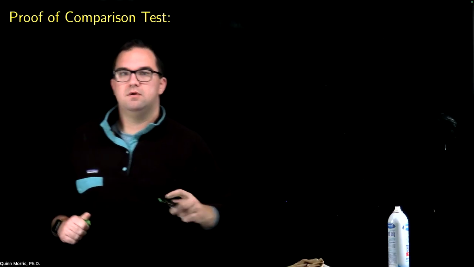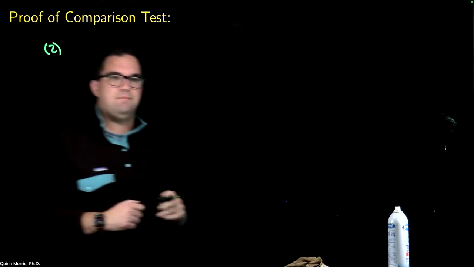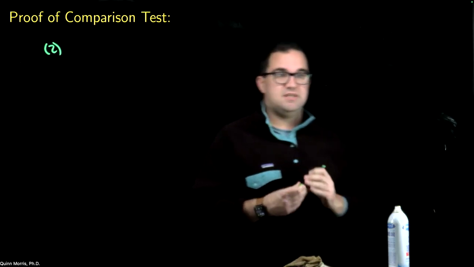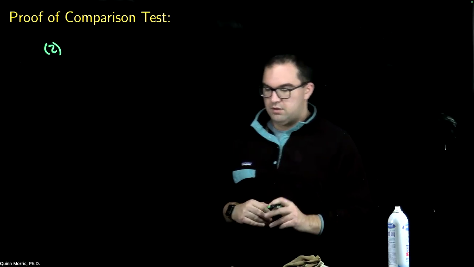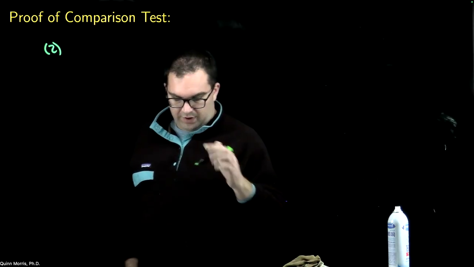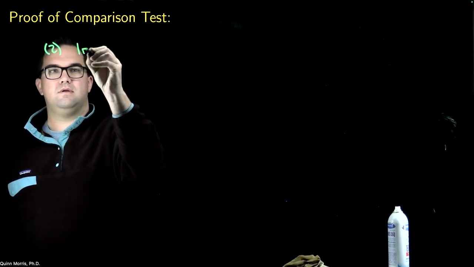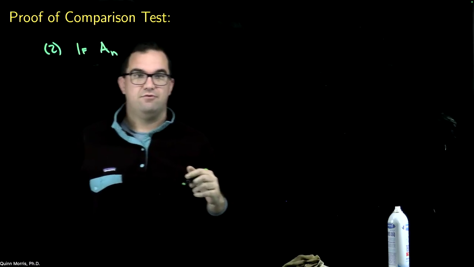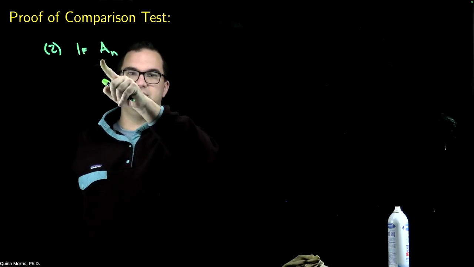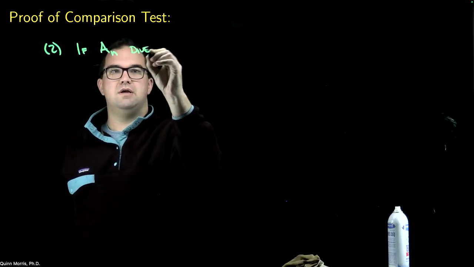All right. So in proving the second part, I'm going to reuse some of the same notation. I'm going to use the same assumption that this inequality holds for all of the terms. But then let's see what happens. So in that case, we're assuming that the smaller series diverges, which means the sequence of partial sums diverges. So if AN diverges, now